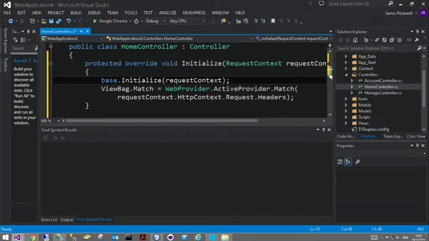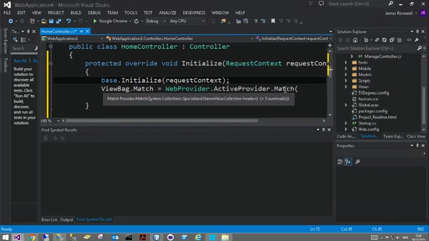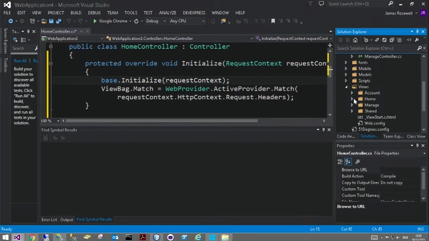Yeah, maybe. So what we're seeing here with this code is we're basically taking the results of device detection and adding it to the view bag, which we can then access in the view. I don't need to create a model because I'm just using the 51 degrees result. But if you want to create your own model to add some extra information, then of course you can. So if I now come into the view,